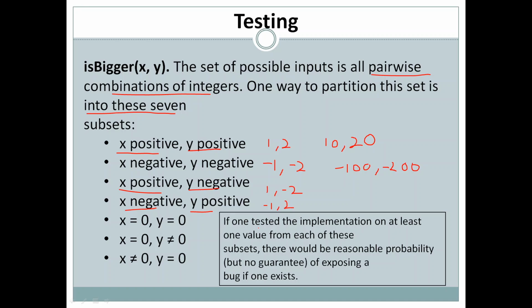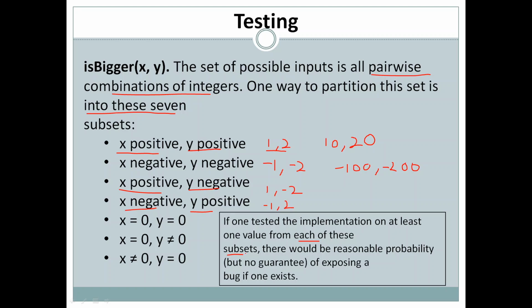If one tested the implementation on at least one value from each of these subsets, so we have to test it for at least one value. For example, in positive we may test it for 1, 2, one value of every subset. In the negative case, we may test it for -100 and -200.